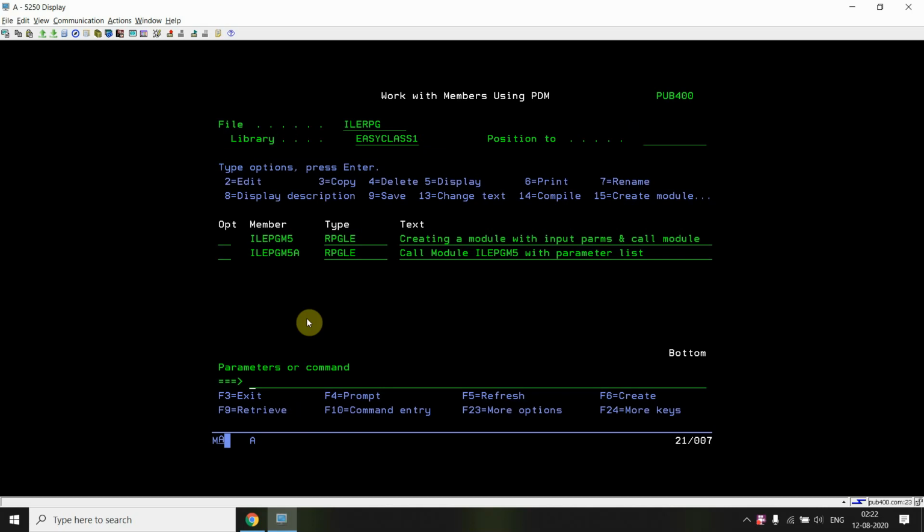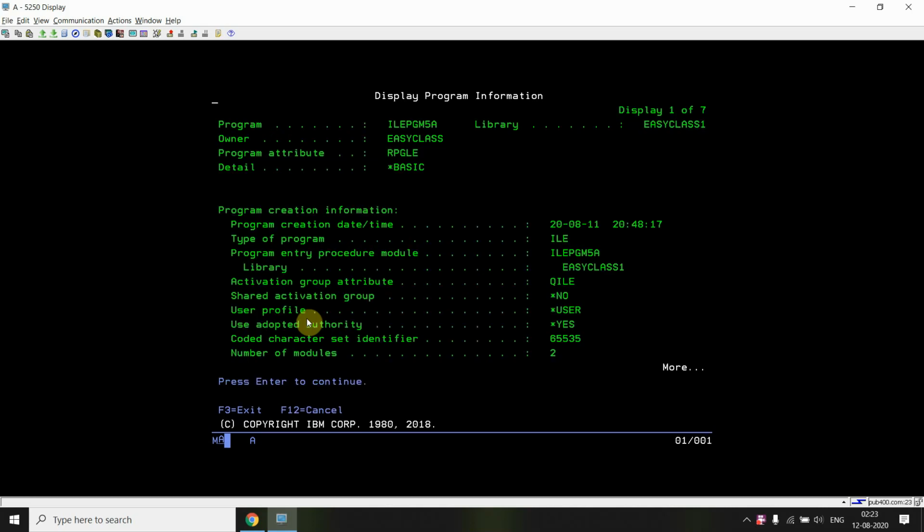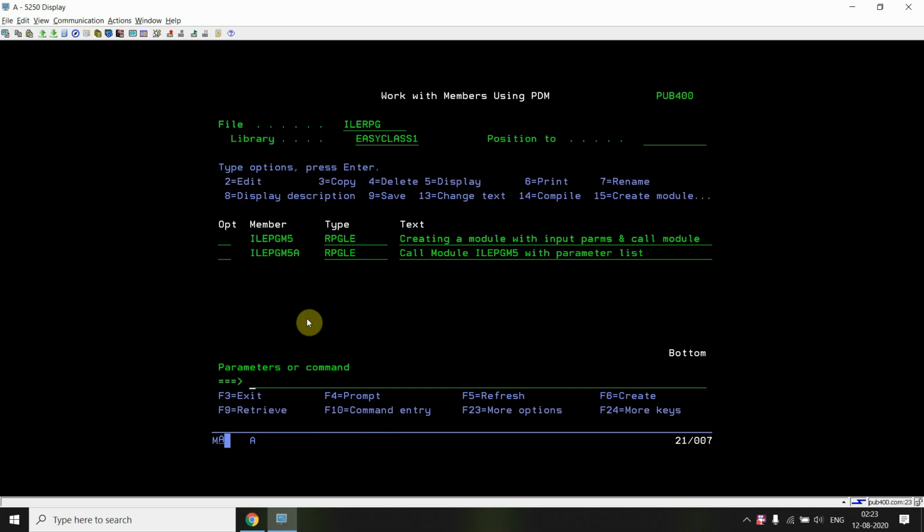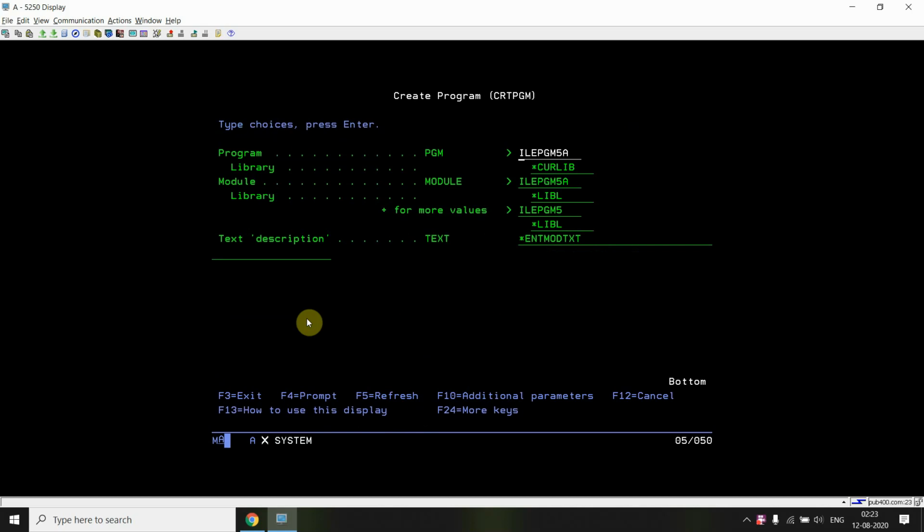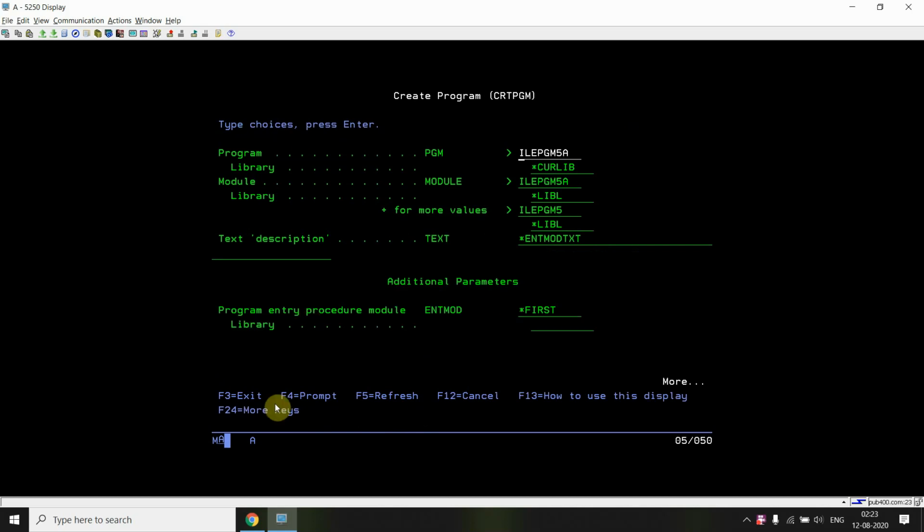So one thing here is the entry module. For example, I'm just showing you the command CRTPGM. Here I can define the entry module, the program entry procedure module, which will be executed at the first instance once this program gets called. By default it is *FIRST.